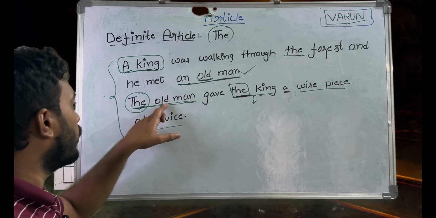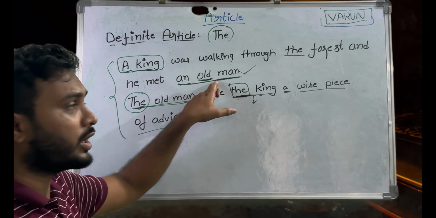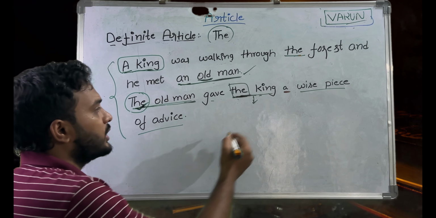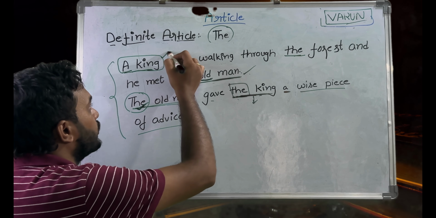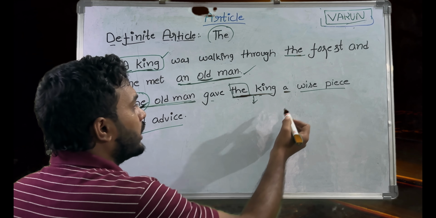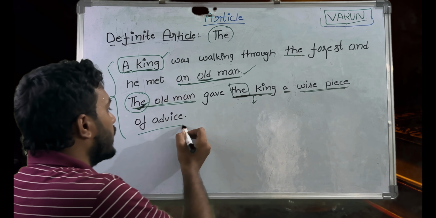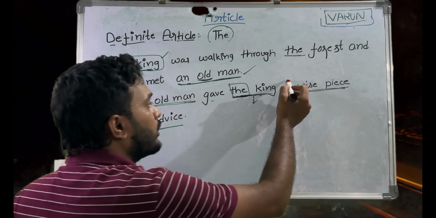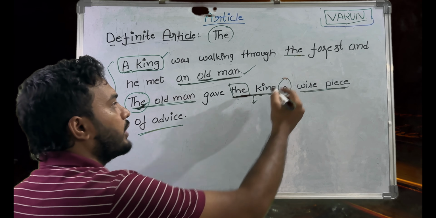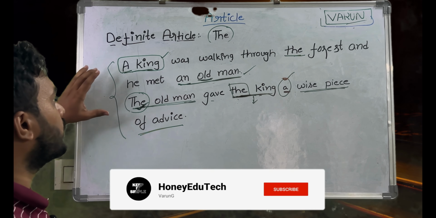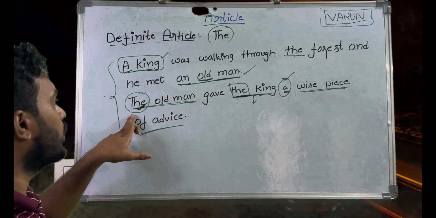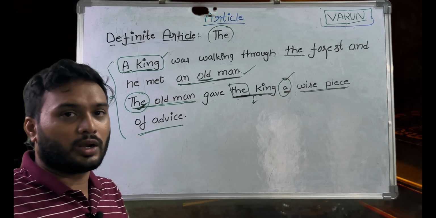But here the old man, already this old man got introduced, and after the completion of first sentence we got to know who is that old man, so that is the reason we used the here. The same step for the king also. Here he was introduced and we got to know after the completion of the sentence who is the king, so that is the reason I used the king. Here a piece of wise advice, he gave the wise piece of advice. Here why? Because we used a, we don't know which type of advice he has given. That is the reason we have used a. So now we hope you have clearly understood why we have used a king here, the king here, an old man here, the old man here. This is a very important point when we are writing any story or